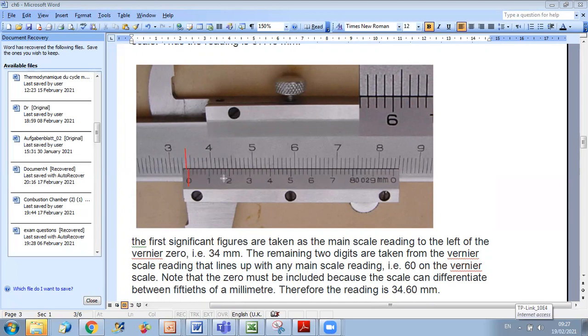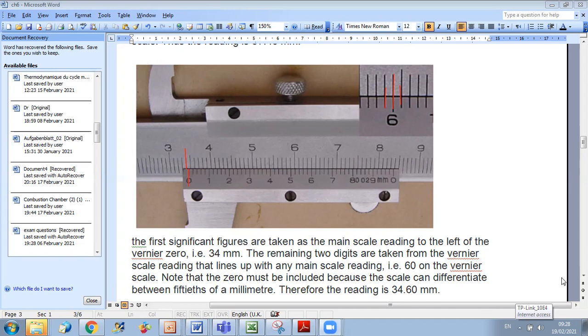Then in the vernier scale, I will try to see the perfect match. Here you have a zoom. In the zoom section, it's really difficult to see the perfect match, and the difference is really small. But nearly you can see a small difference here and a small difference here. The perfect match is just at 6. So your reading is 34.6 millimeters. This is the way we read linear vernier scales. We'll also have a practice